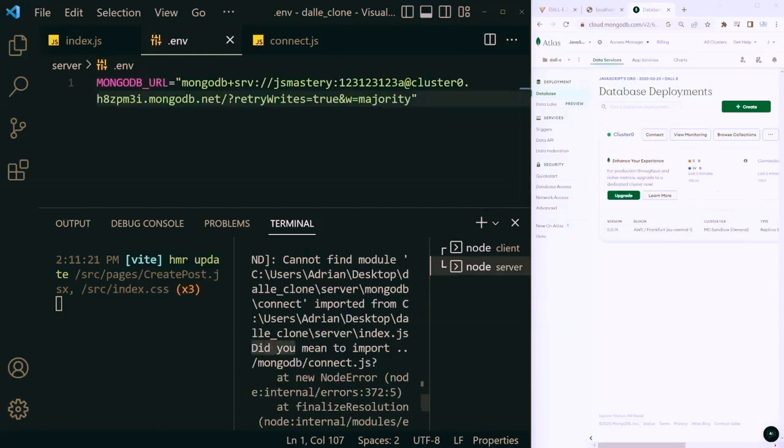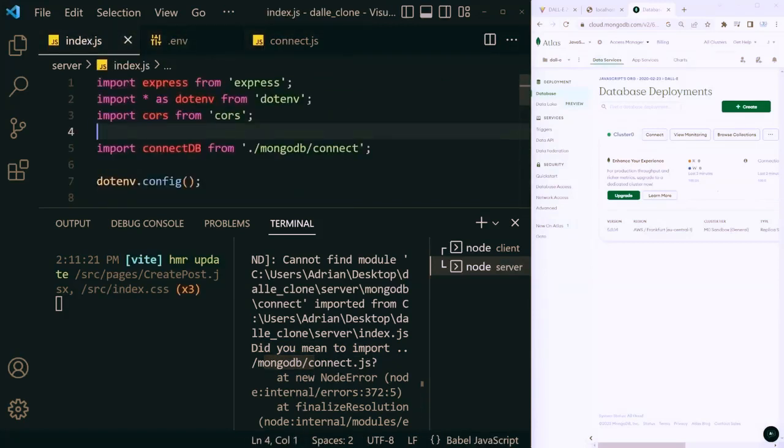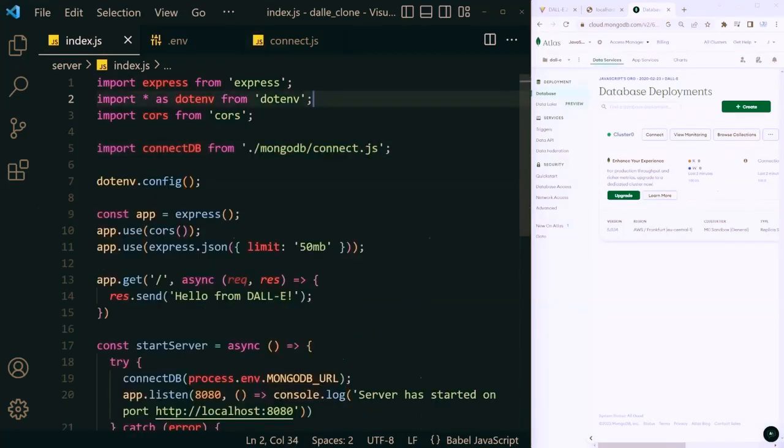So it looks like we meant to import /MongoDB/connect.js, and let's see if it did that. We did just connect. This would have worked in React, but it doesn't work in Node. So let's fix that. And there we go. Server has started on port 8080, MongoDB connected. Wonderful. So our connection with MongoDB is successful, and now we are ready to proceed with the next step, which